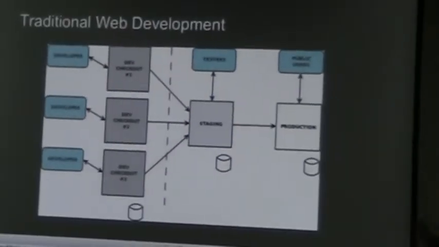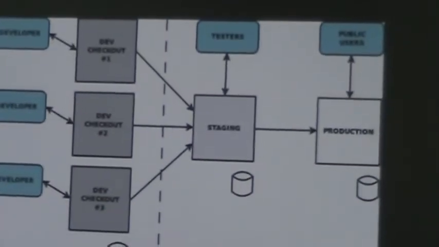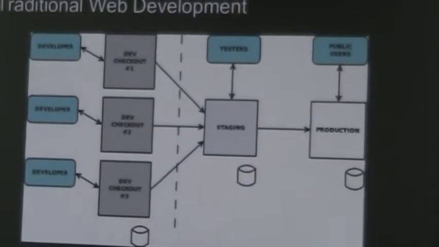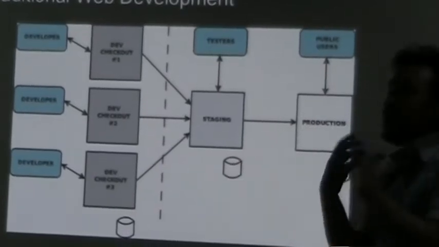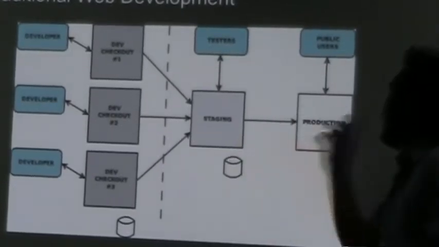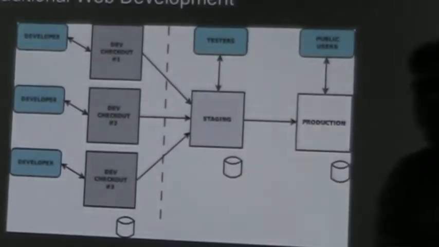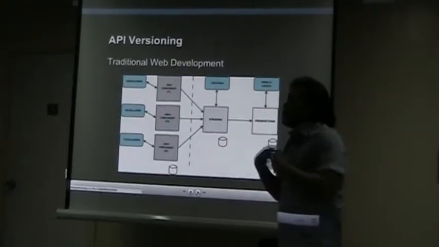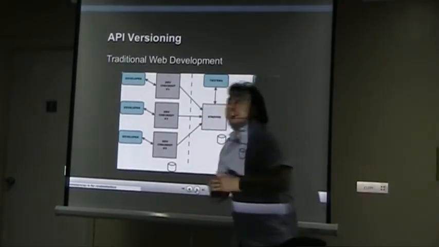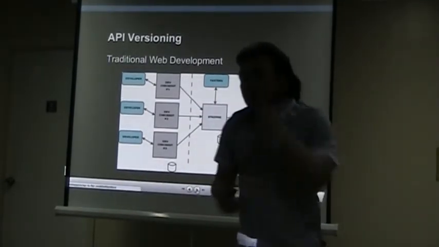In a human-facing web app, this is pretty simple. You just test your things on staging, and once everything is good, you move it on to production. And your end users will now get your updates or those fixes done by your developers. Now in